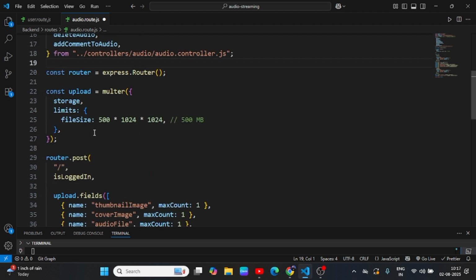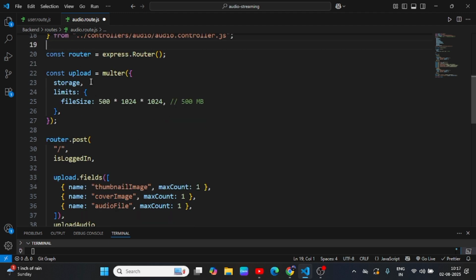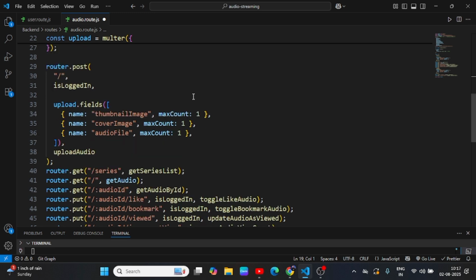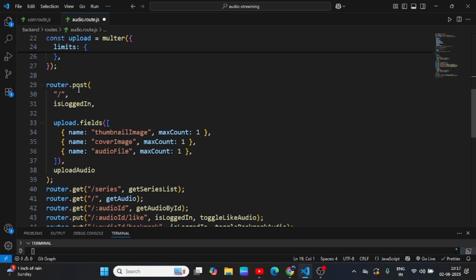Here we are maintaining the size. So upload should be a maximum of 500 MB, but you can increase it to more than 500 MB. Here Multer is handling it, and the first controller is upload. The route is slash, and we are using the isLogin middleware, which means if you are not a logged in, authentic user, you cannot upload